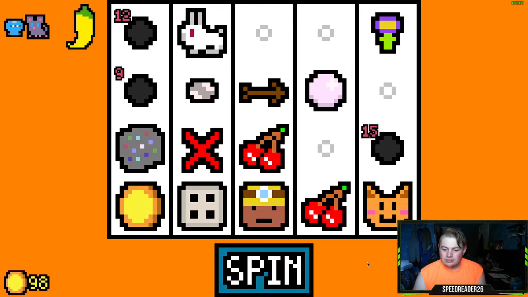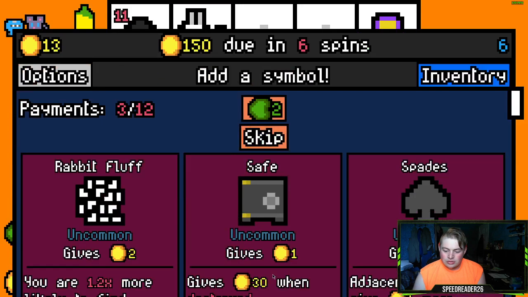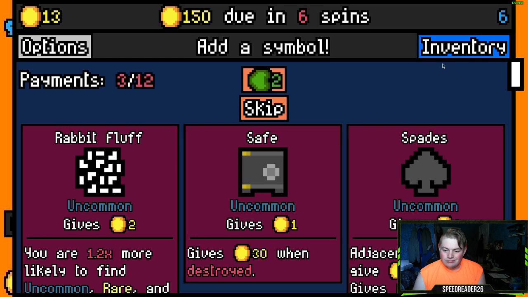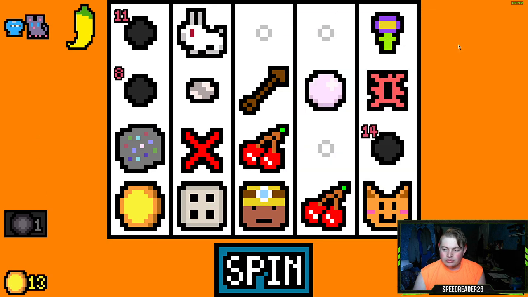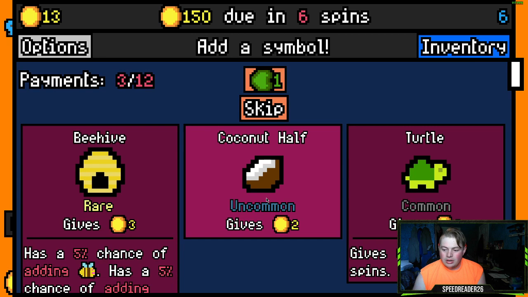Bronze arrow. I thought we were out right there. That would have been sad. Because this could come out to something. I'm going to reroll here. Hex, we'll take that. Small symbol bomb. Because I want it. Chemical 7. And...